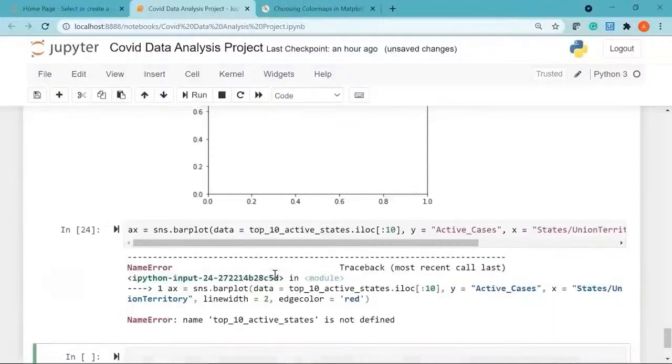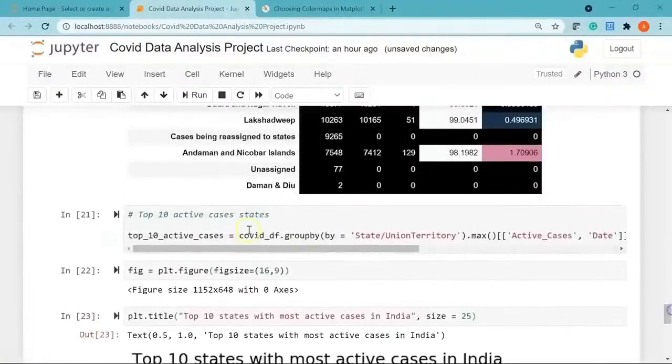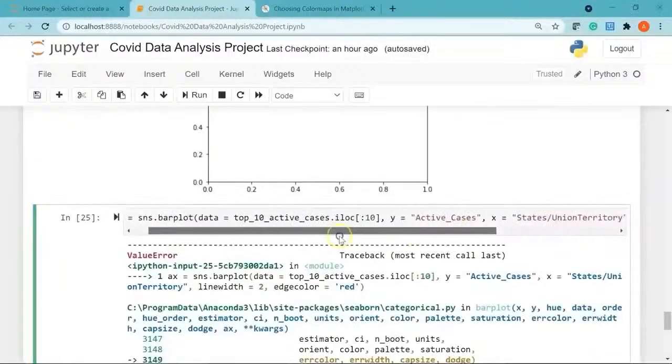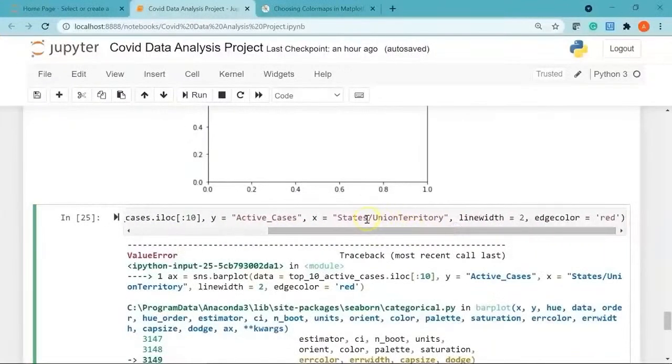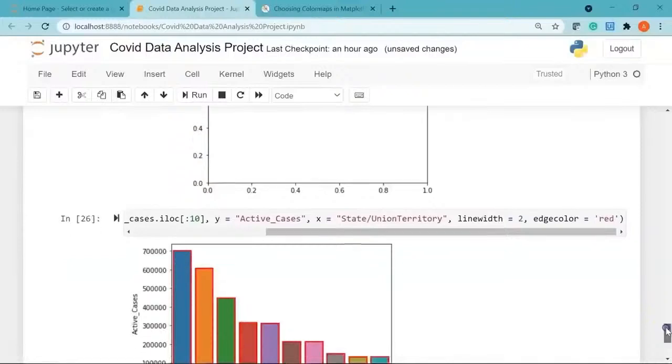Let's run it. There's an error here. It says top 10 active states not found. Let's go to the top and see the exact name. Okay, so this is top 10 active cases. Let me change it to cases here. Now run it. Okay, the x-axis also has a mistake. This should be state/union territory. Now let me run it. There you go. We have our